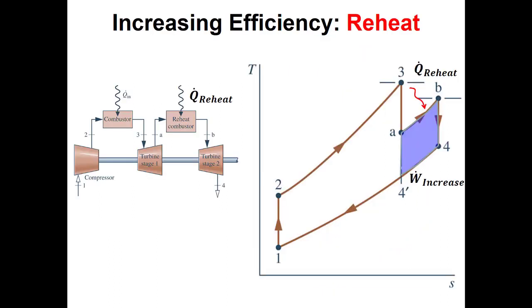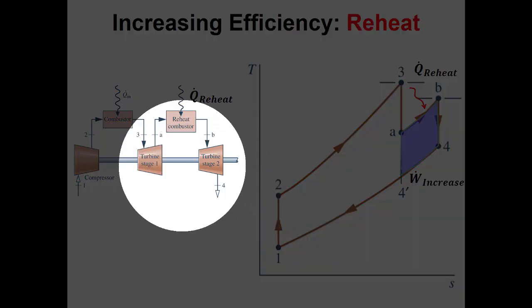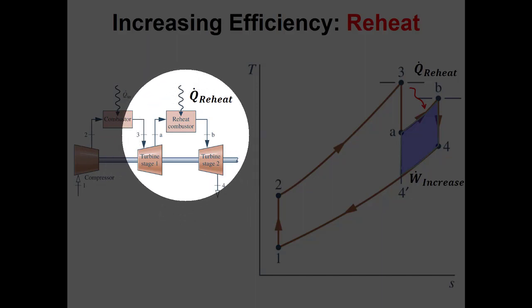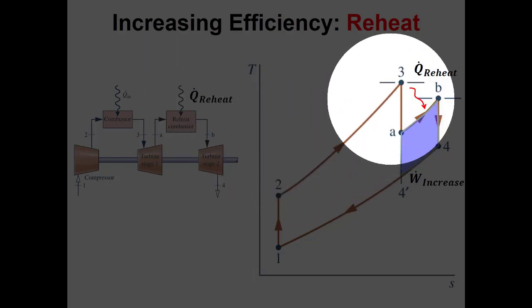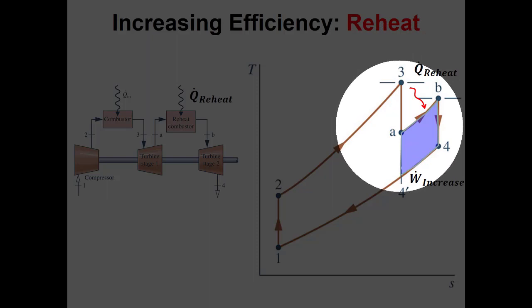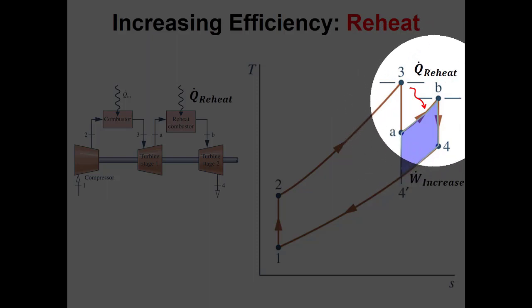We can also use the same reheat strategy that we used in a Rankine cycle. So here we split off our one turbine into two different turbines. We have a high pressure turbine and a low pressure turbine, and in between we reheat the working fluid. So if we're drawing this on a TS diagram, it looks the same as it did in a Rankine cycle, although we don't have a vapor dome in the middle of our cycle here. The turbine part looks the same. So we go through this first isentropic turbine, then we add some more heat, and then we go through this